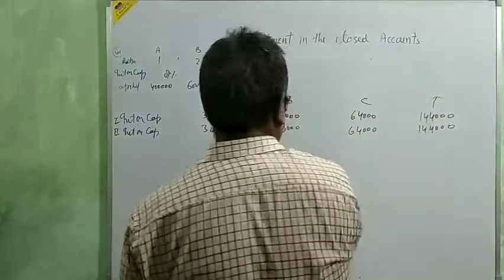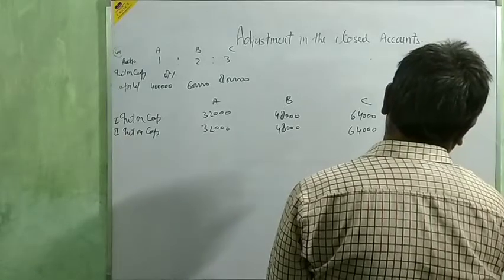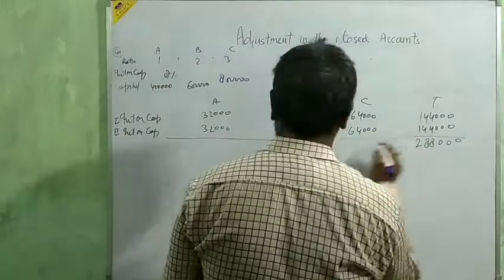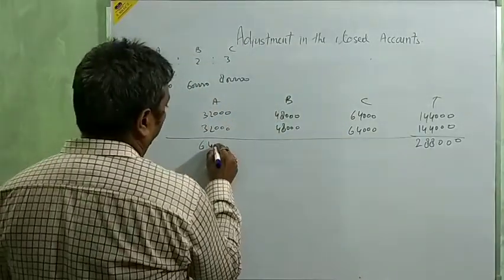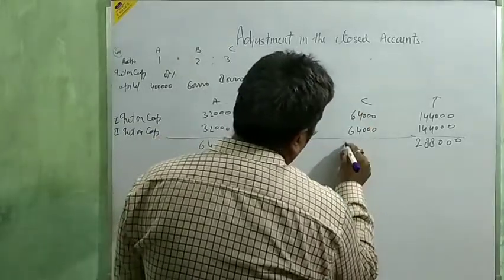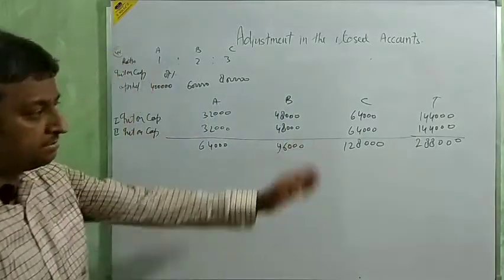Just see the total of this, 1,44,000. And total of this is also 64,000, 96,000 and 1,28,000. Okay, now distribute this